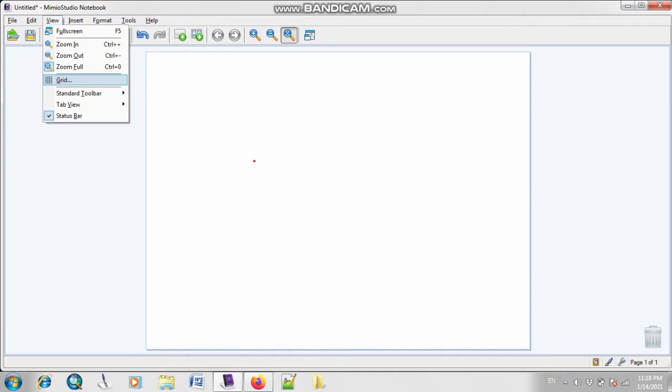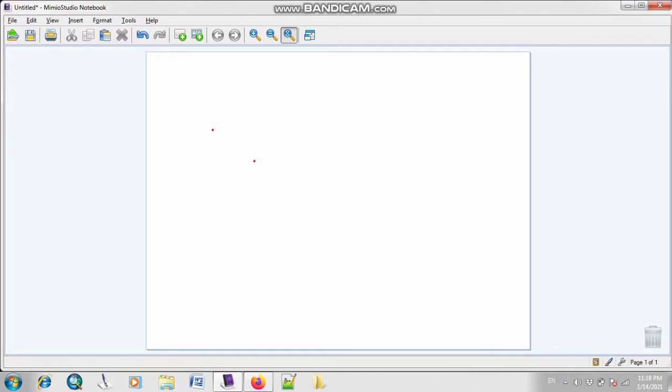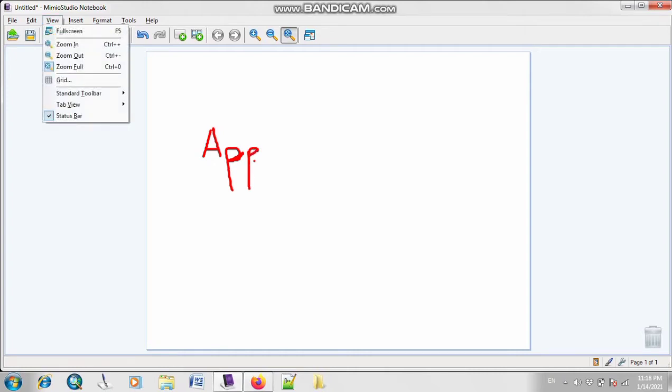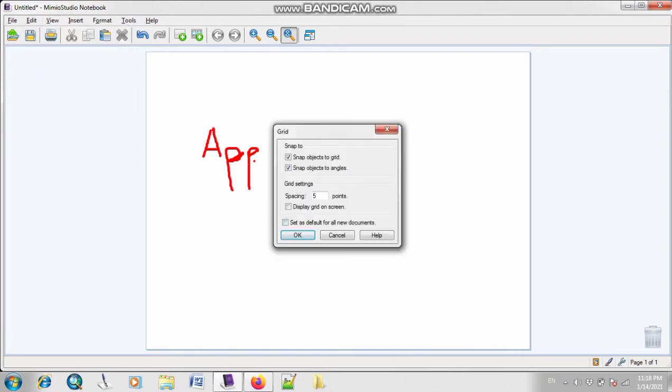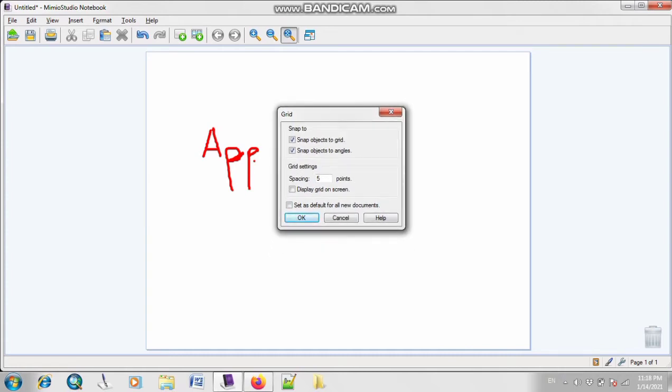Now this is known as your grid. Grid is basically used if you want to draw something, or if you want to write something on the board. For example, let me write here apple. As you can see, this is difficult for me or for you to write on the screen. So for that purpose, if you use grid, it will be a little bit helpful for all of you. If you click on this option of grid, there is an option, grid will appear. Basically grid is a combination of rows and columns. Your cells will appear on your screen.